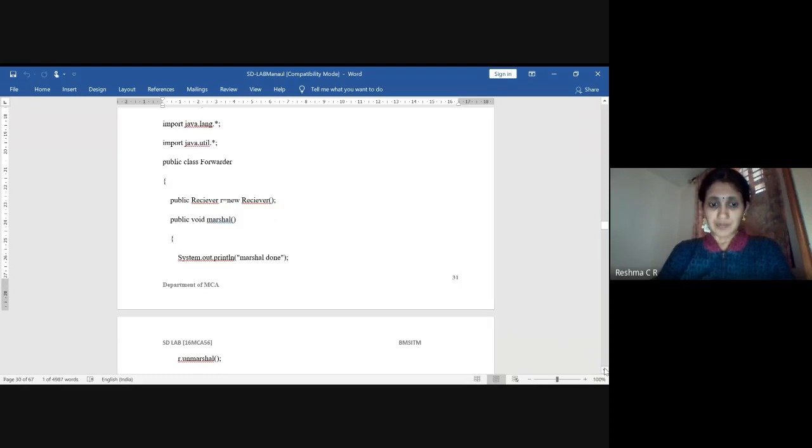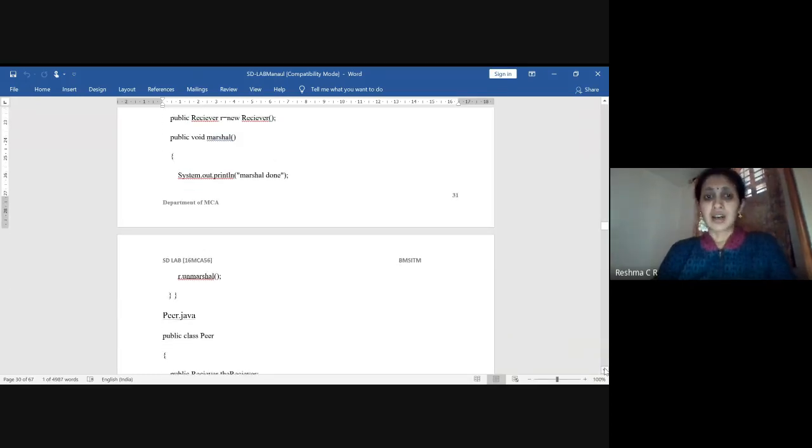Then, by using the receiver object, at the receiving end it has to unmarshal. For the receiver class, we have created the object, and by using that object it will unmarshal and the messages will be in a readable format.